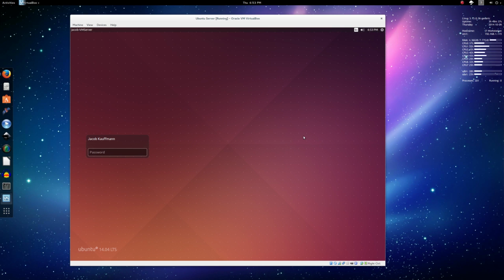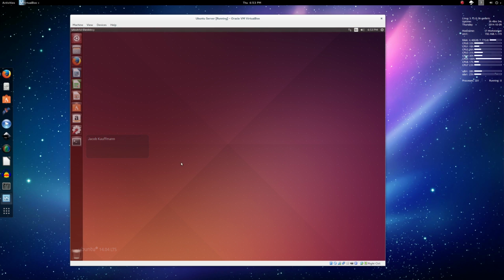Alright everyone, so here we are on the desktop, and this is our web server. We set this up in a previous video. You can go and look that video up. Maybe I'll put it in the description if you don't already have your web server virtual machine set up. But this is the same virtual machine we've been using before, and now it's gonna go slow because I'm screen recording and everything. So yeah, the first thing we're going to do is head on over to the WordPress website,